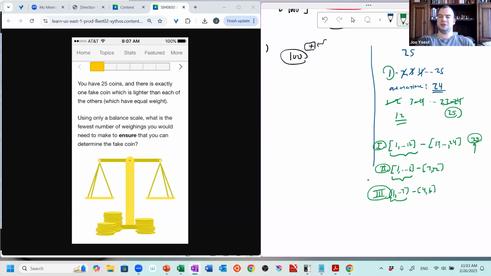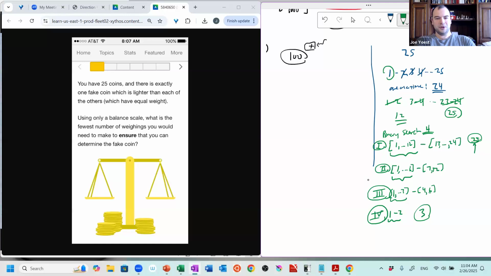Well, here I have 3 coins, so what could I do? I can't split them evenly anymore, but I have 3 coins. That means maybe I can weigh coin 1 against coin 2 and leave 3 off to the side. If coin 1 and coin 2 balance, 3 has to be the fake coin. If coin 1 and coin 2 don't balance, then I've identified the fake coin. So with a fourth weighing, I've identified the fake coin. So this is called a binary search. And using a binary search, I can find the fake coin in 4 weighings.